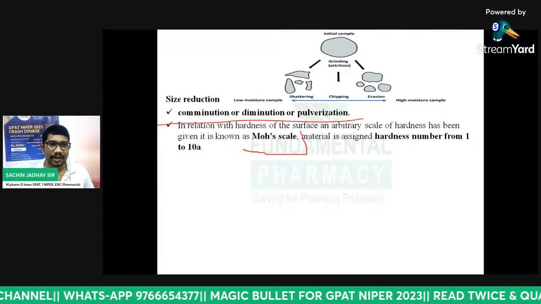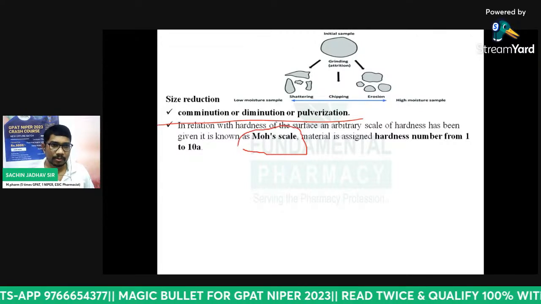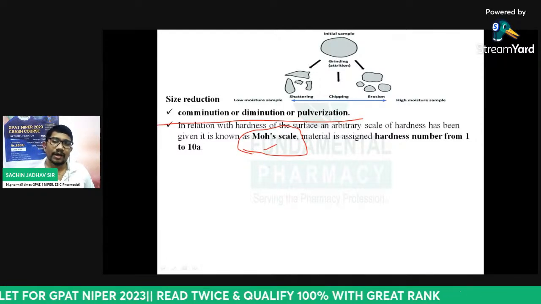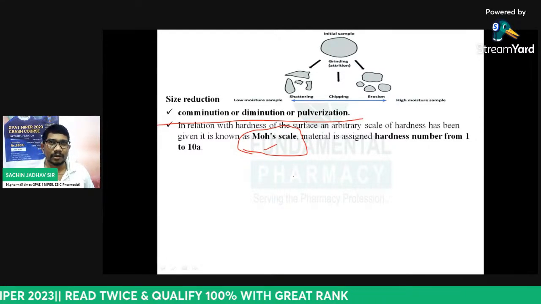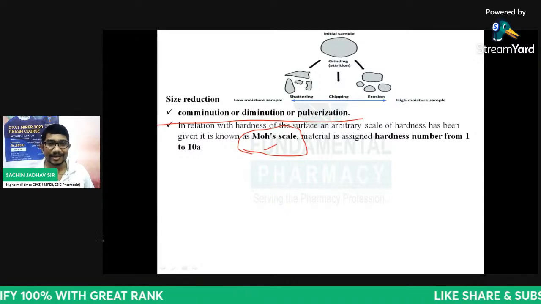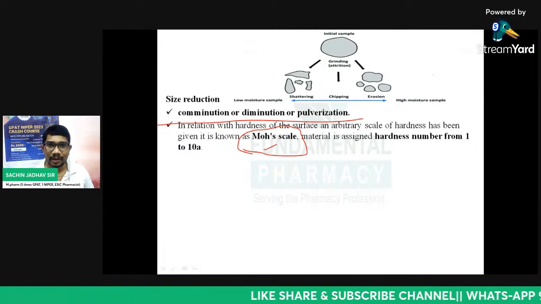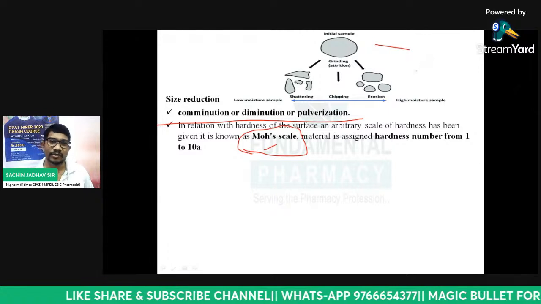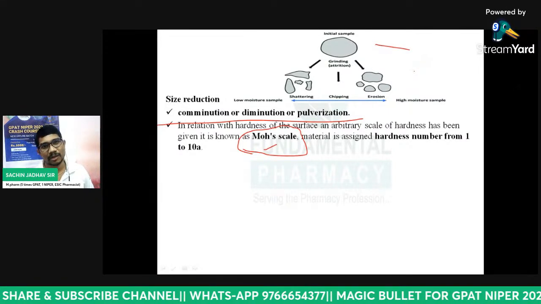So आपके पास में जो material है वो एक तो soft material हो सकता है या फिर hard material हो सकता है. But उसका मापन क्या है? What is the measure for that hardness or toughness of material? Suppose that you have a sample that is having hardness, or suppose you have another sample which is very soft. So one sample is hard, one sample is soft.